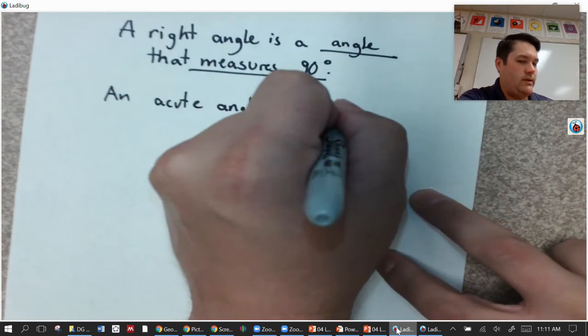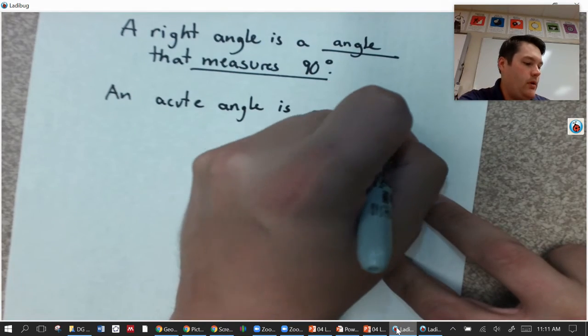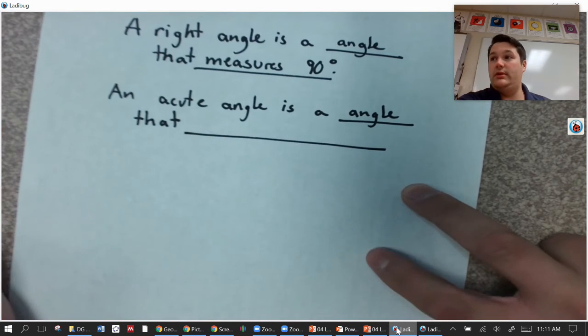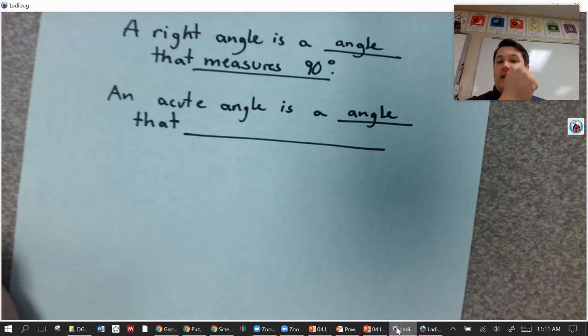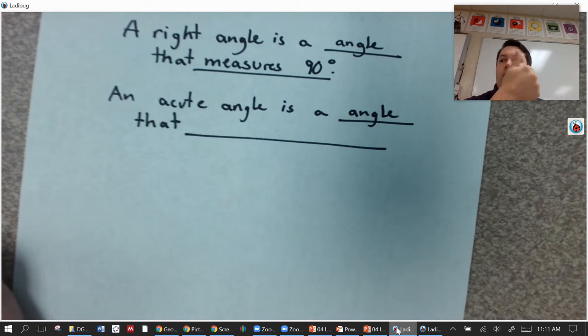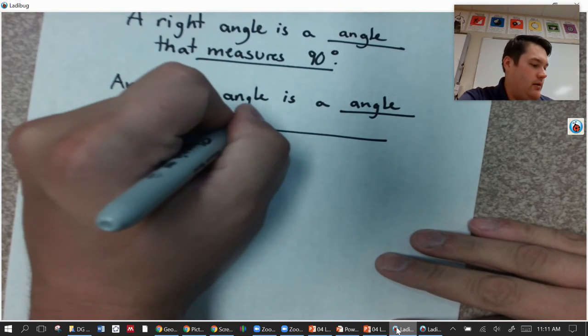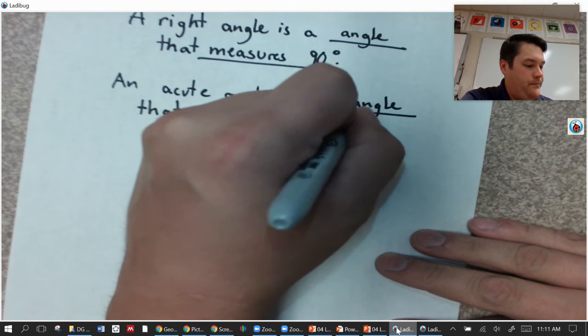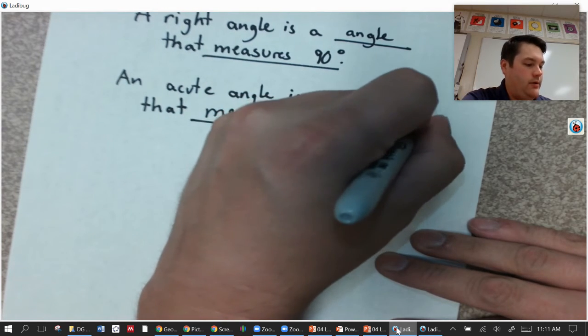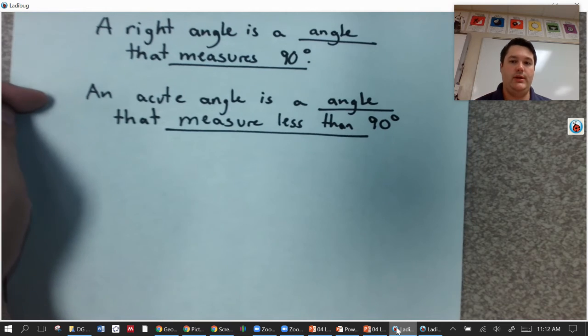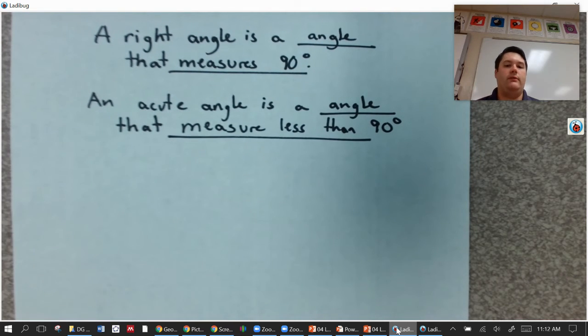is a, well, what is it? It's an angle. And how is it different from all the other angles? You notice you got 33, 56, 89, and then not acute angles were 100, 91, and a right angle, 90. So it's got to measure less than 90 degrees. 90 degrees is a right angle, less than is an acute angle. Now, if you're adding these to your glossary, these would be really, really good definitions to add to your glossary. If yours didn't quite include all of that information, make sure you're adding that so you have